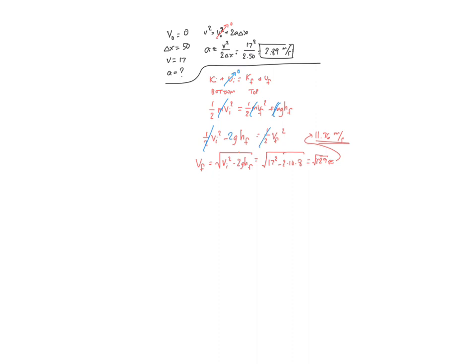And in part C, the question says, calculate the acceleration of the car at the top of the hill. At the very top of the hill, the car has stopped slowing down, because as the car was coasting up the hill, it's slowing down, and then as it coasts down the hill, it speeds up. So the top of the hill is the only point where it's actually not accelerating, at least horizontally, but because it's going around a circle, kind of like on the outside of a circle, if you look at the overall shape of the hill,